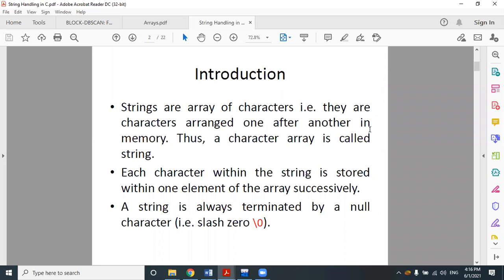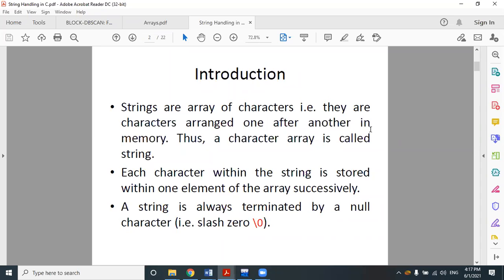The student whose name starts with A should be placed first, then B second, then C third, and in this way, in alphabetical order, we arrange the names of the students of a particular class. This kind of application we can do with the help of a string or character array.